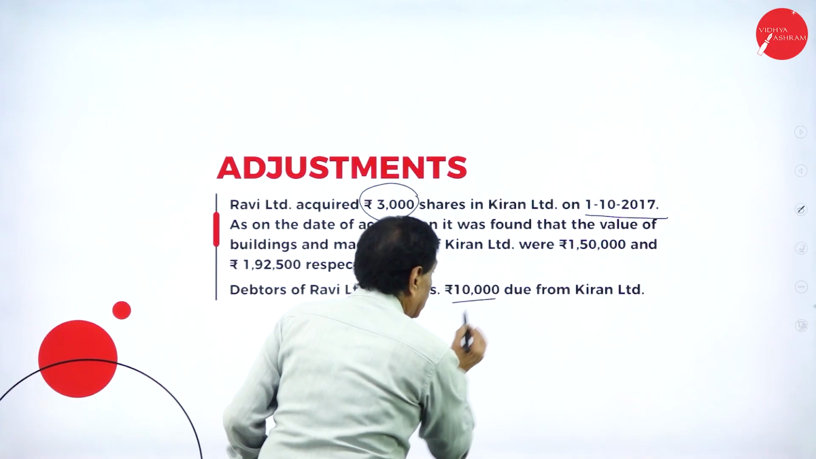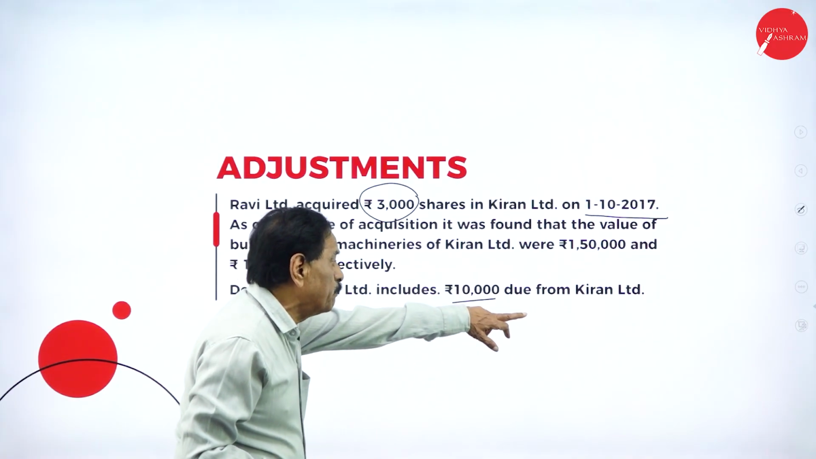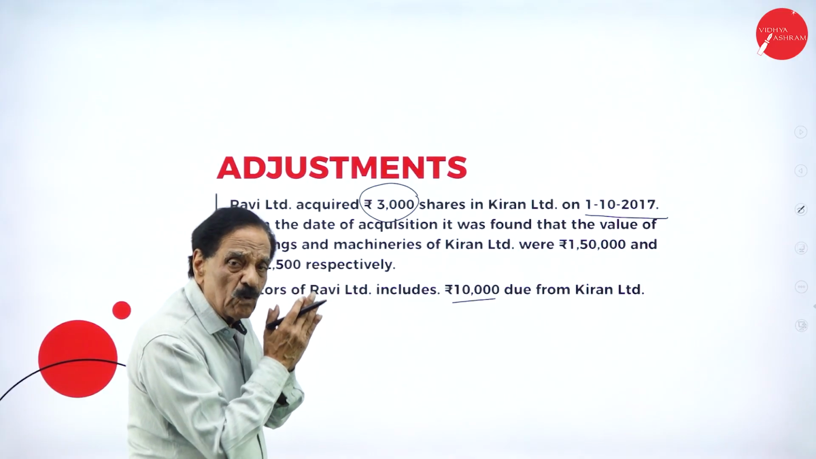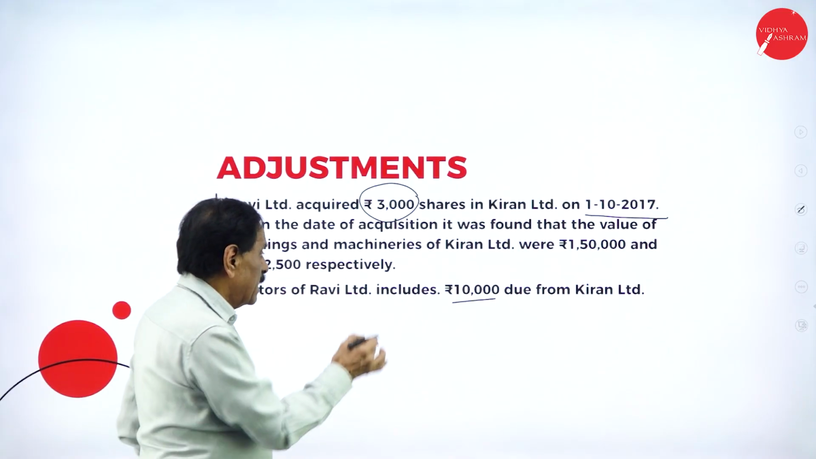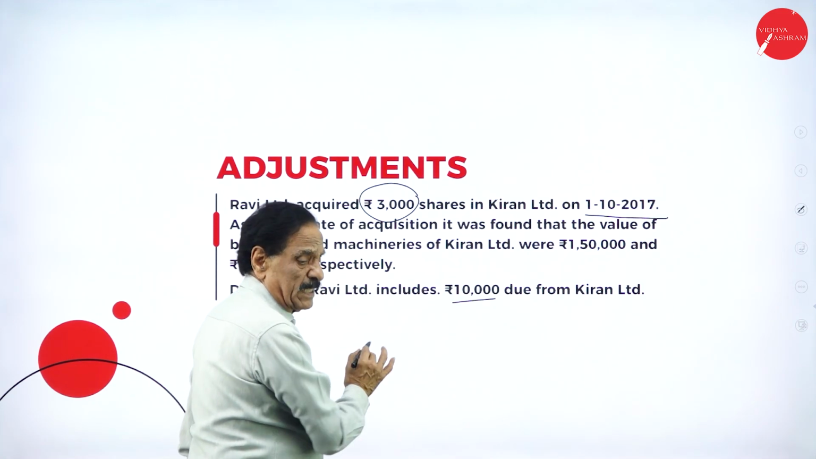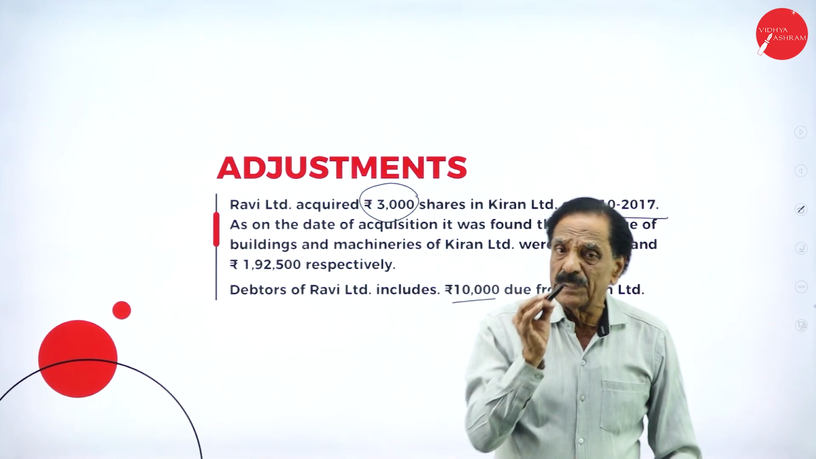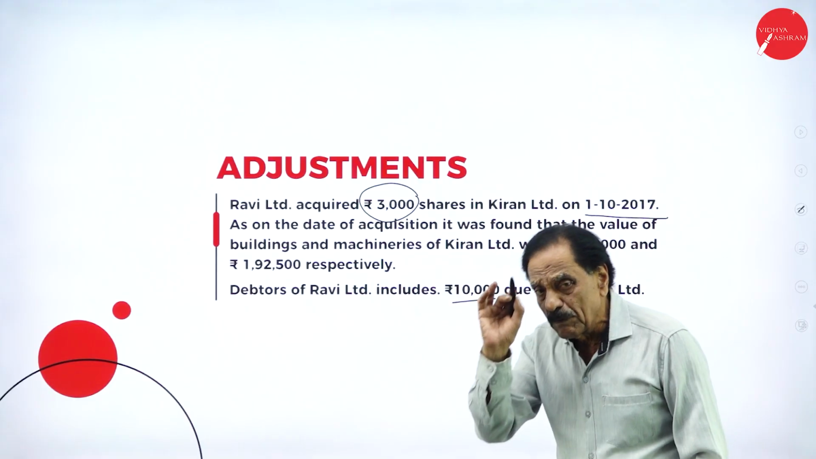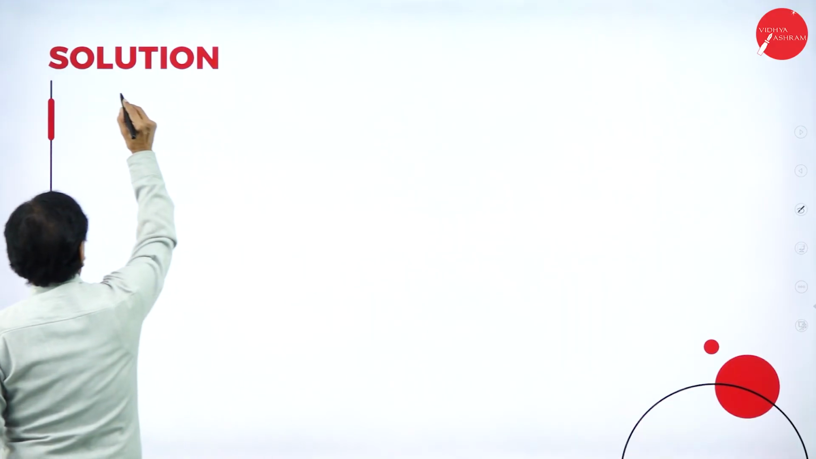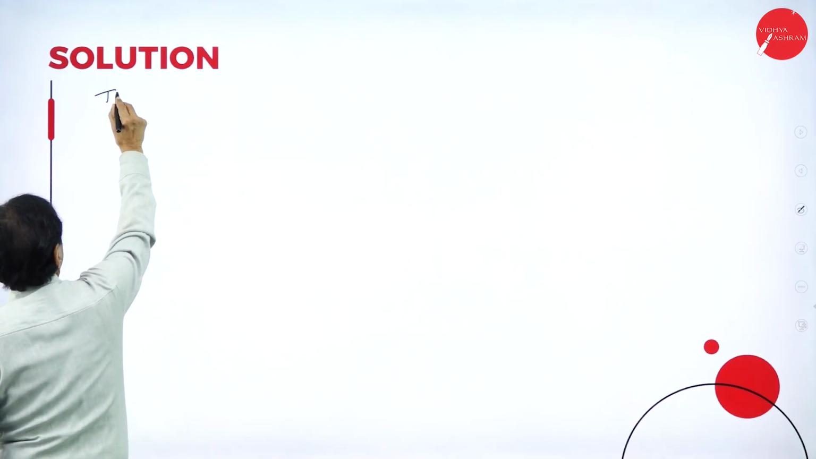Debtor of Ravi Limited, 10,000 due from Kiran. Who has to pay? Kiran. So when they are consolidated here, there is no question of debtor and creditor. Deduct 10,000 from debtors and 10,000 from creditors. This is important. If there is any bill, deduct from BR, deduct from BP. We'll move on. Total number of shares